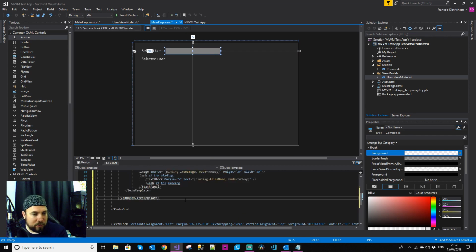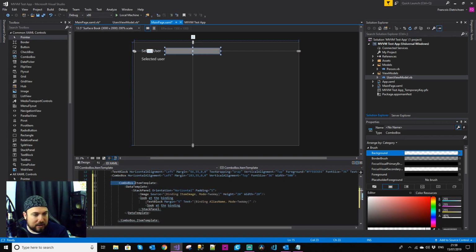So inside the combo box, what I've done is I've added a combo box item template, data template, and then a stack panel. And in there I've put in 2 controls. There is my image control,